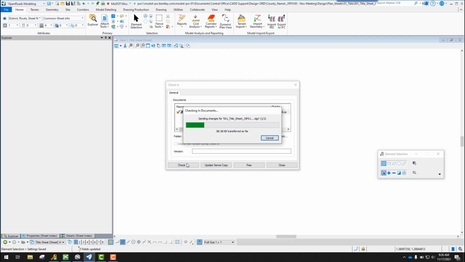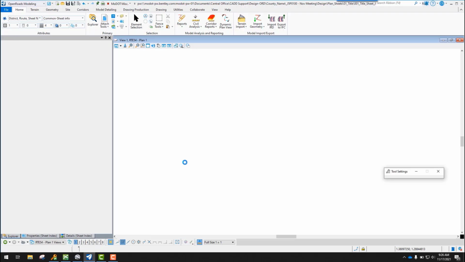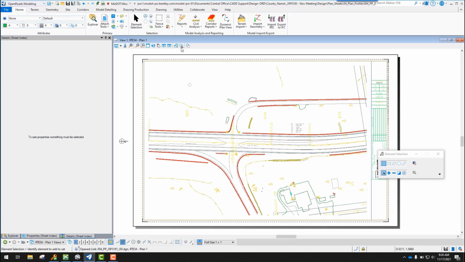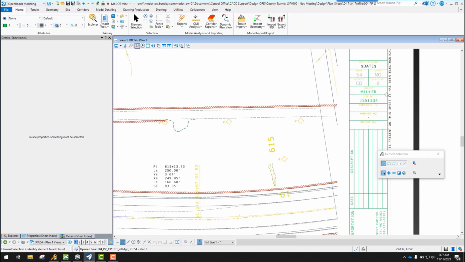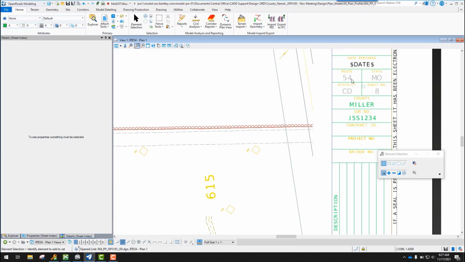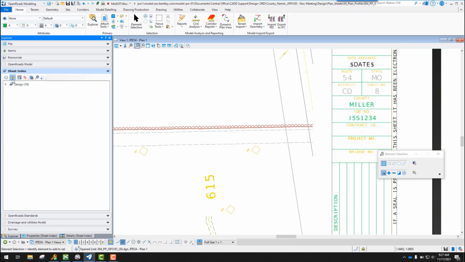Check that in, which is my previous file. And it opened up this plan sheet to this particular sheet that I have defined. And you'll notice here as I move into my title block, that information is already filled out for you. So I go back to the Explorer and I will go ahead and open up the sheet index for edit